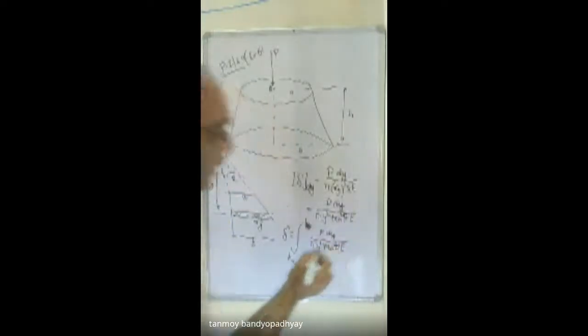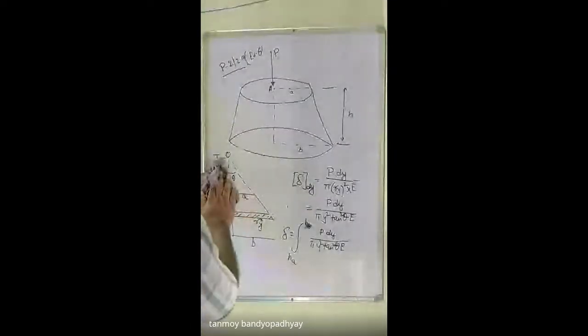So this is one very important problem from the book of Beer and Johnston. And if you go to the book of Timoshenko, there is a similar sort of problem, and the solution is given there also. You can refer to that. You can refer to my note also, where there is a cone. Just as we have done, what will be the elongation of a rod under its own weight? I think we did that last day.